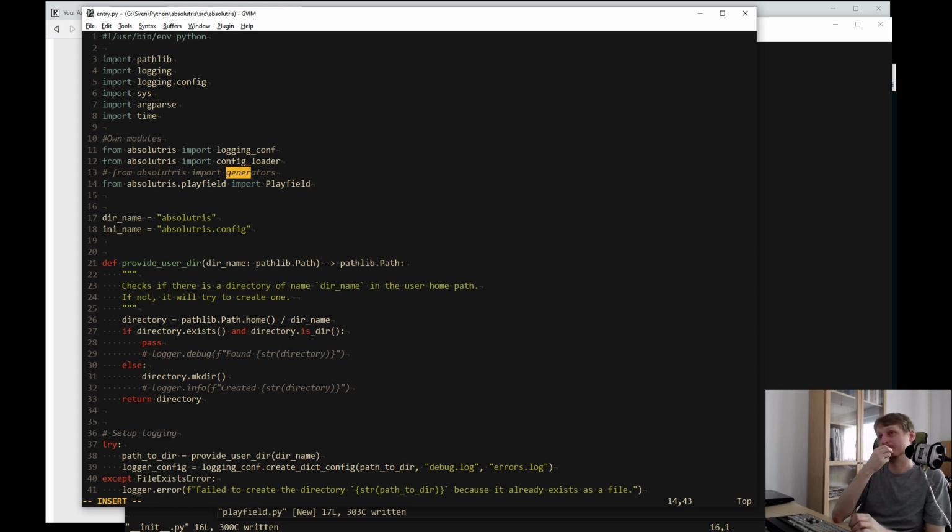But do I need playfield as an extra module? Maybe yes, I do.